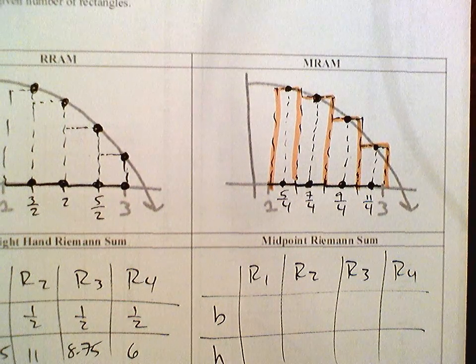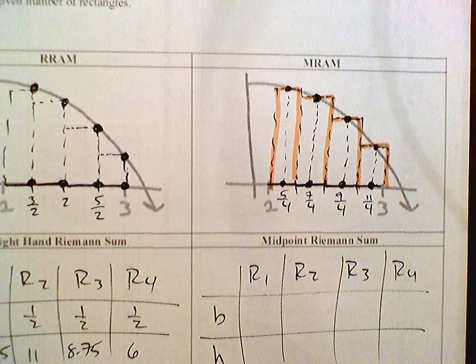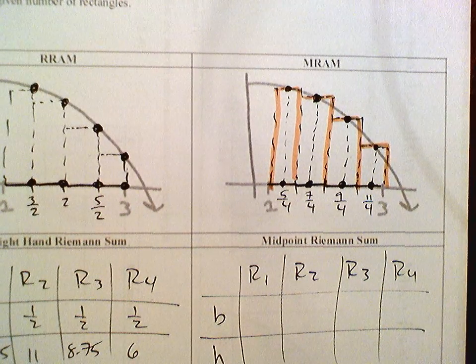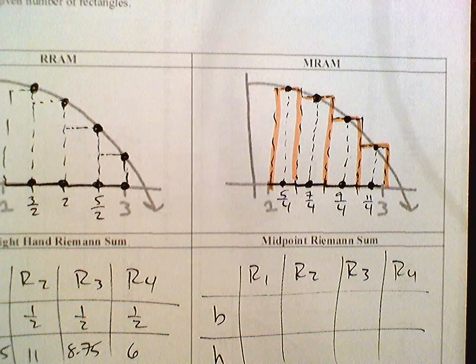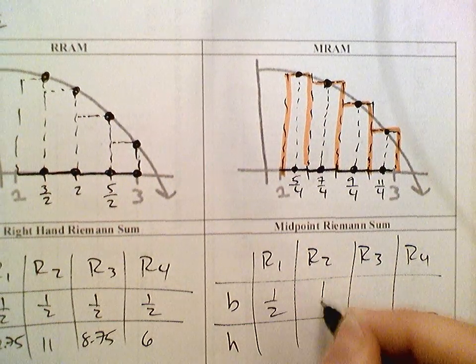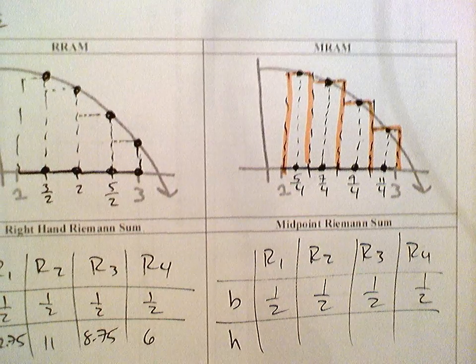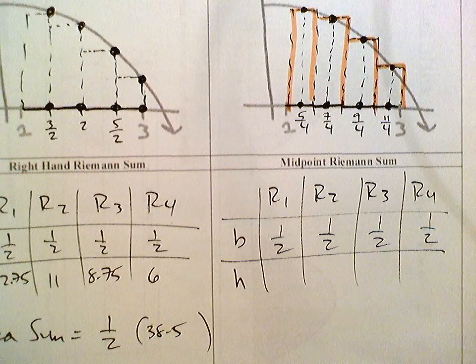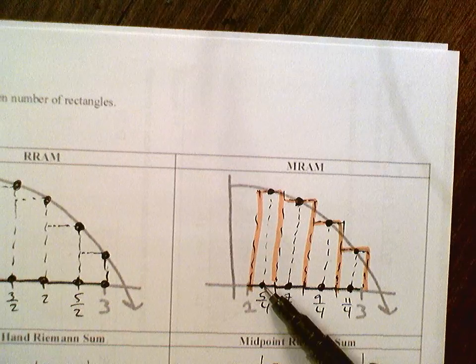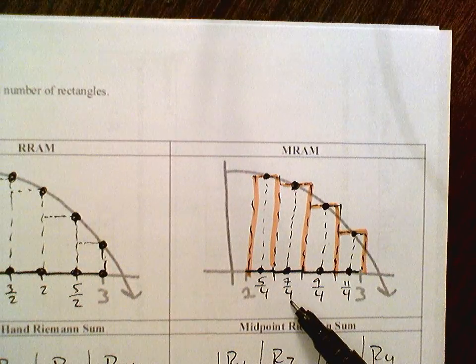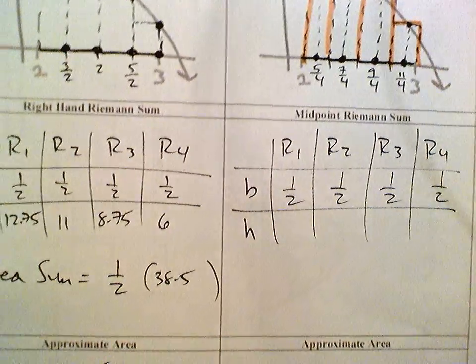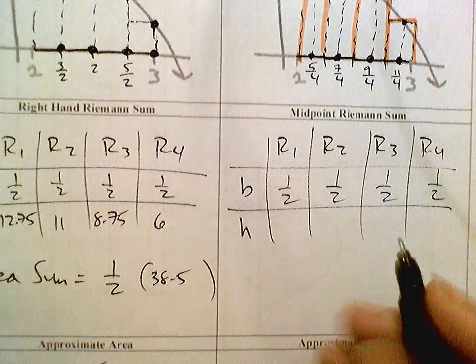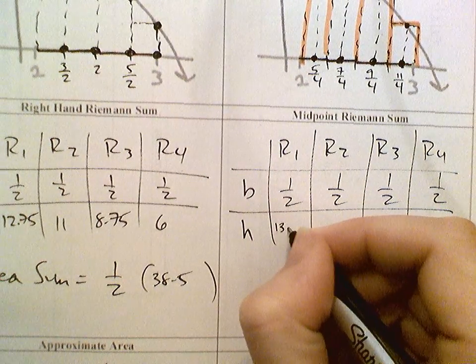And the name of the type of Riemann sum, whether it's left hand, right hand, or midpoint, just depends on where within each subinterval you're going up to the graph from. Okay, so again, these are all 1/2 for delta x. And then the heights, I had to plug 5/4 in for the first rectangle, 7/4 in for the second rectangle. So I plugged all those midpoint values into the original function to get